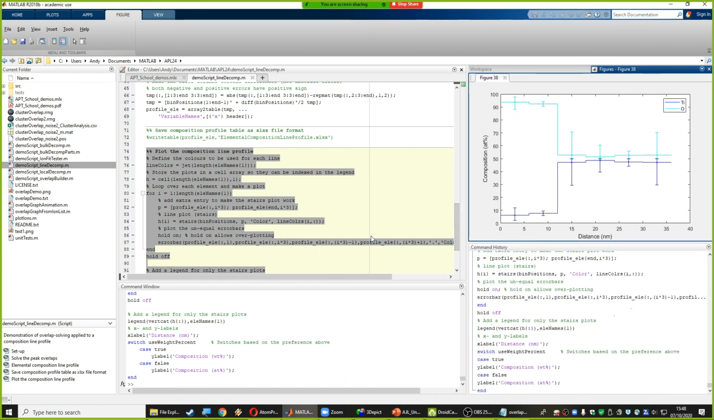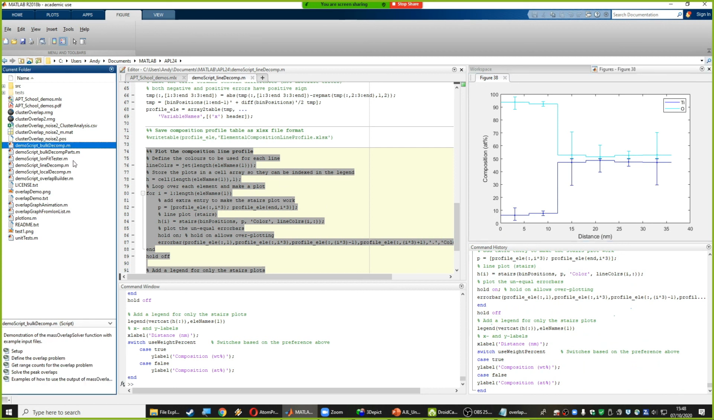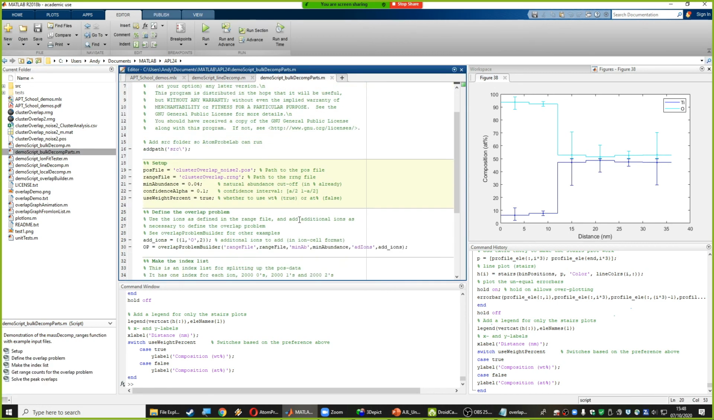You can obviously also use it for bulk compositions. That's that sort of simple composition. You can use the bulk decomp script for that. There's a local one which does sort of single ion overlap solving, and I think the decomp parts one actually uses